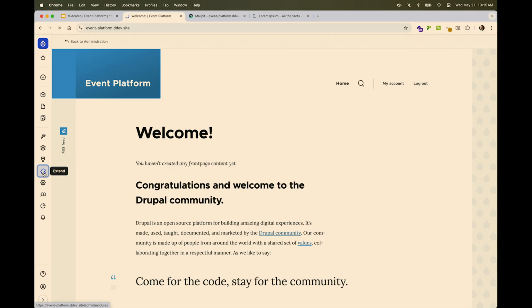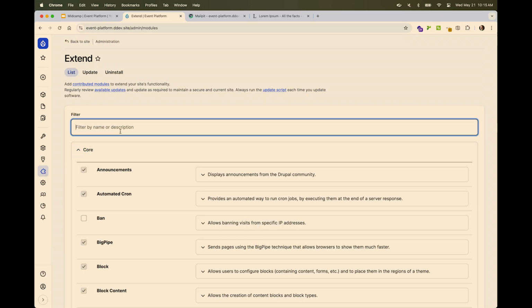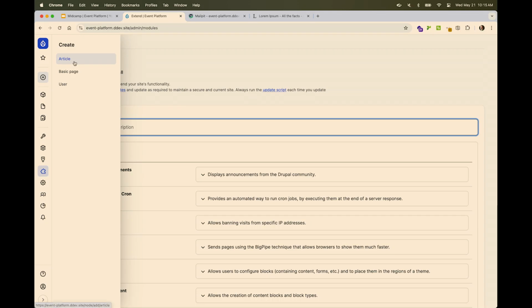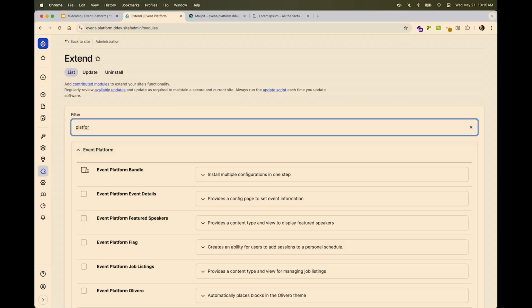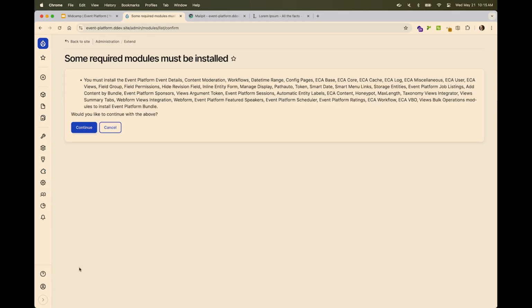We've got the Event Platform site as a fresh Drupal 11 install, so we've still got just our basic article and basic page. But if we go in here to the Event Platform, this one will install a variety of the submodules as they are today. And you can see installing this one piece will install not only a variety of submodules, but also a variety of different dependencies, and get all of those configured for us as well. And so, as that gets updated,